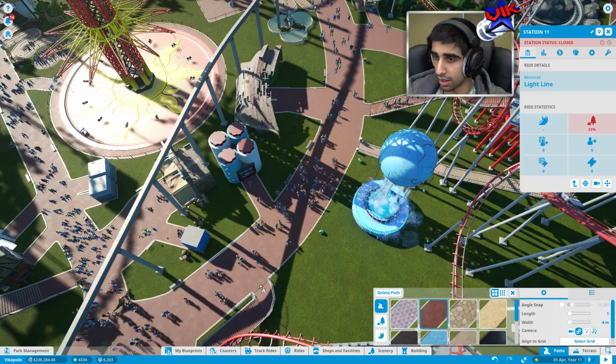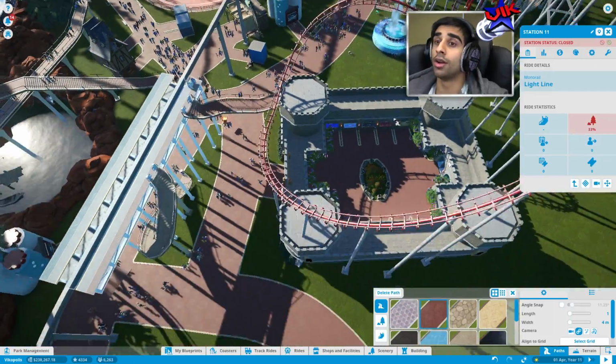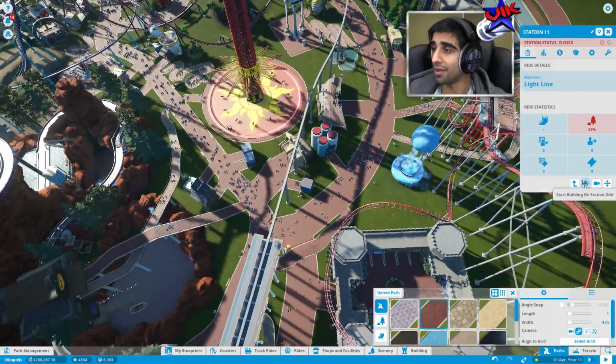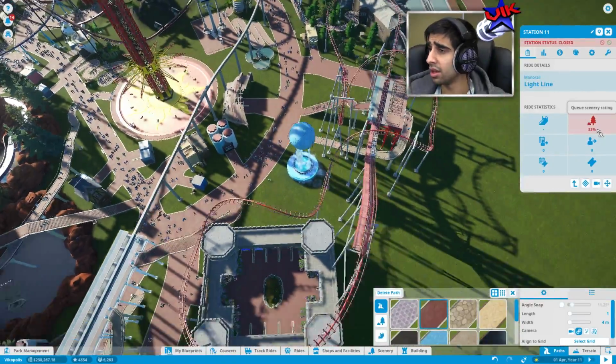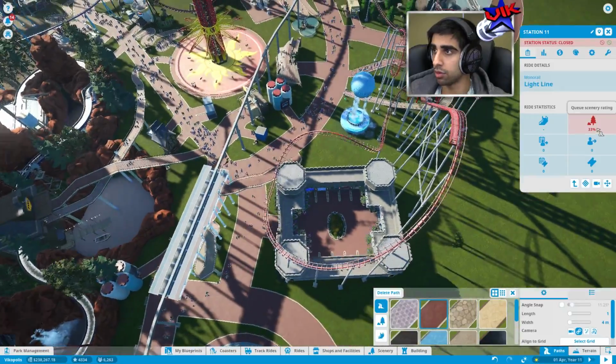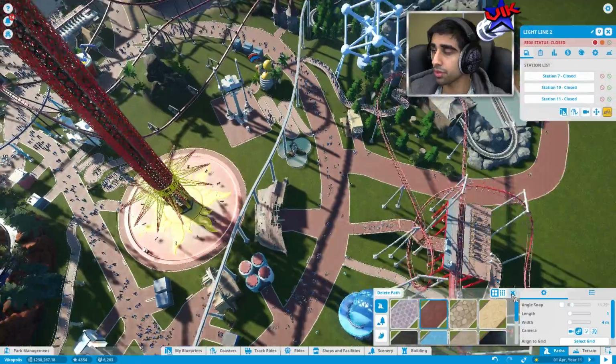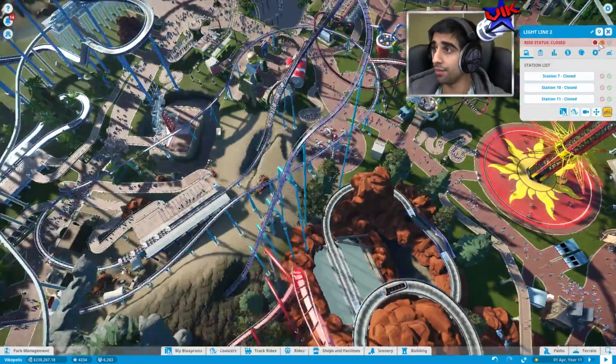There we go. We just link it in, like so. Okay. All systems are a go. We have the brand new monorail in. Queue sceneries, I'll sort that all out at the end. So now we go back to the ride. They're all linked up. Before we can open it, we have to...